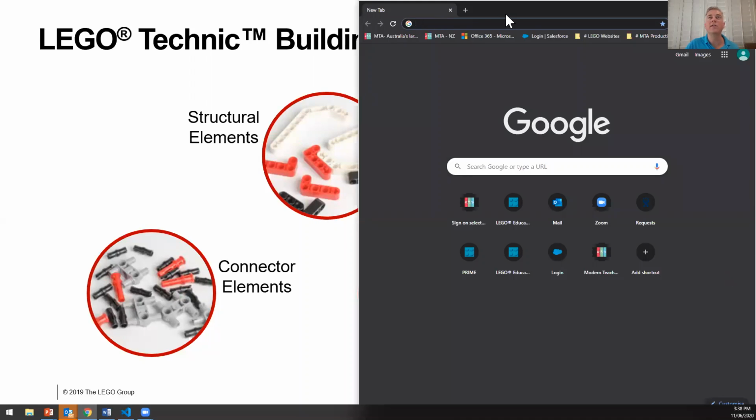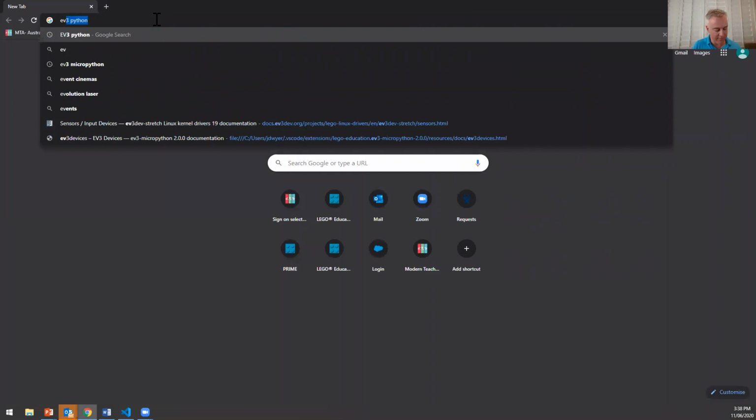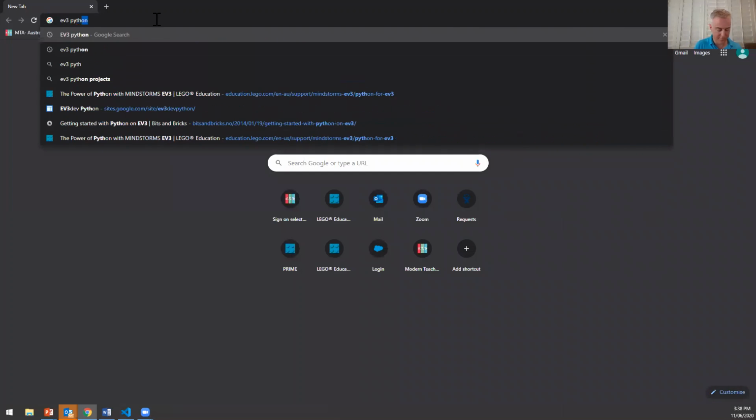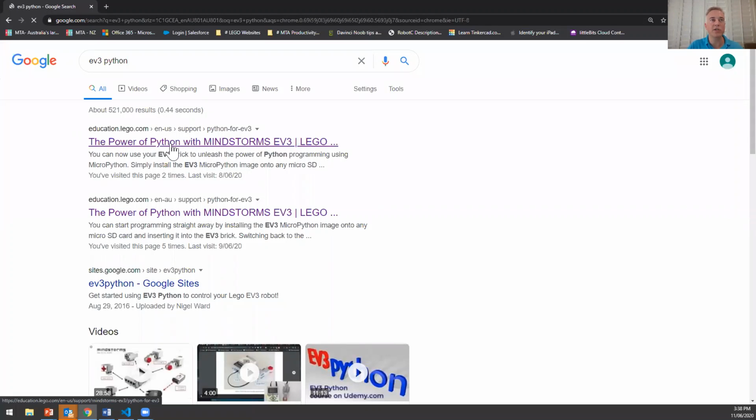So to get started, and Chris will add the links onto the chat function either at the end or during, if we were coming in and we just type in EV3 and Python. So just typing it in, and the first site you'll come up with is this. It's a Lego Education website. You can see here it's got education.lego.com. So we click into this,